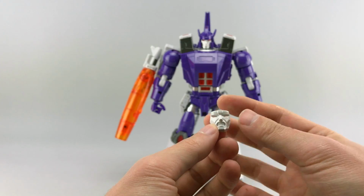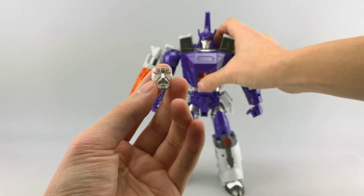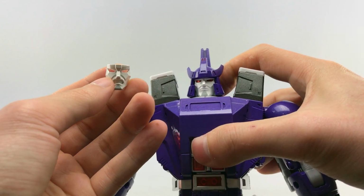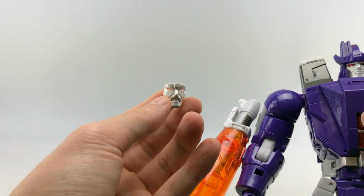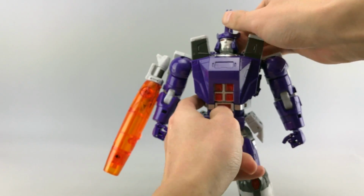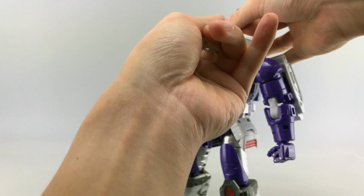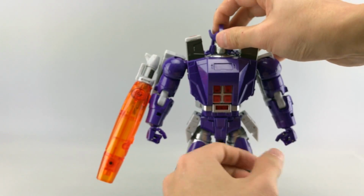One other thing he does have, in addition to his stock face, which is kind of just a stoic, straight face, there we go, he has an angry face, which is very easy to replace. It's just two pegs here. You can just lift up his head and then pull it out at the chin. I'm not going to do that right now just because it's a little hard to access, but believe me,